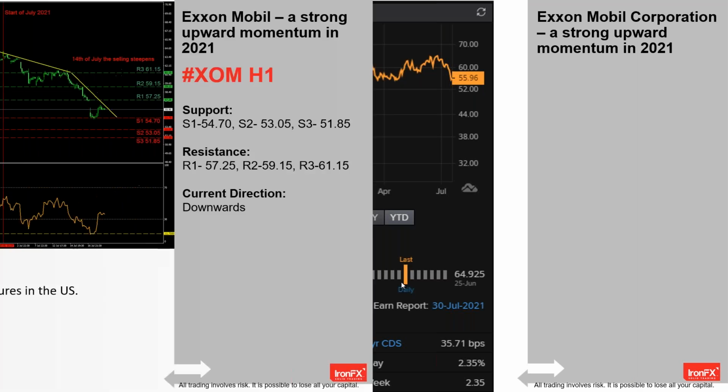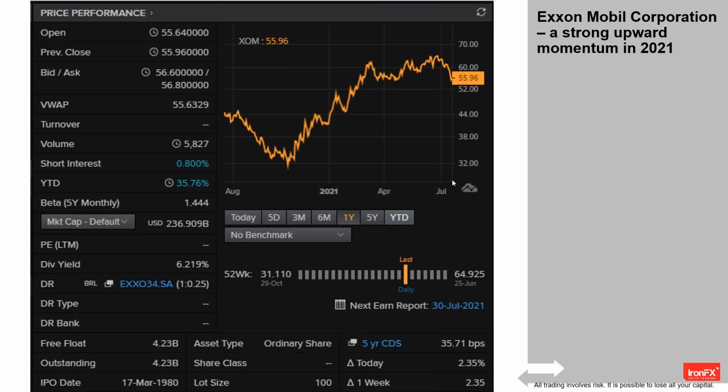And now we move to Exxon's price performance table from Refinitiv. So Exxon Mobil is currently enjoying a strong upward momentum in 2021 and is up 35.76% on a year-to-date basis. During the most recent market close, Exxon finished the session at 55.96 previous close, and we must say that this price is not far from its 52-week high price, which is